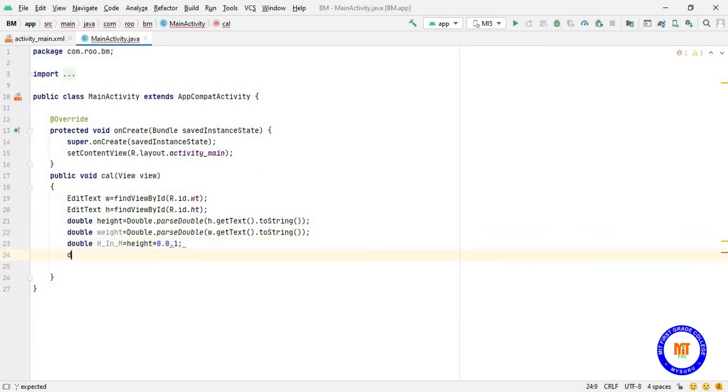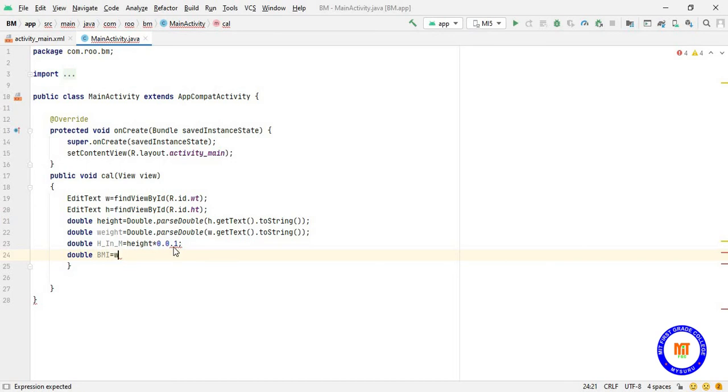Now I'll calculate the BMI, that is double BMI equals. The formula for calculating the BMI is weight divided by height square.